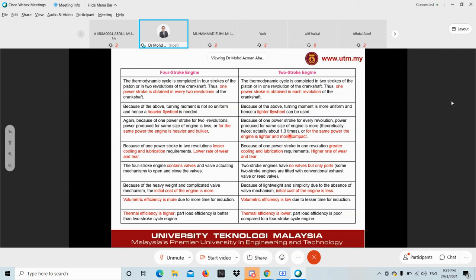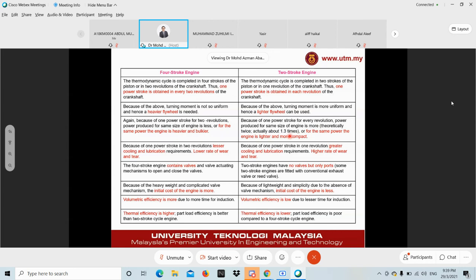Because of the above, the four-stroke cycle turning moment is not so uniform, and hence a heavier flywheel is needed. Just imagine on a four-stroke cycle, only one out of the 4 strokes produces power, which is the power stroke. Hence, you need a balancer, and it's not balanced. Therefore you need a heavy flywheel to compensate for the non-uniform